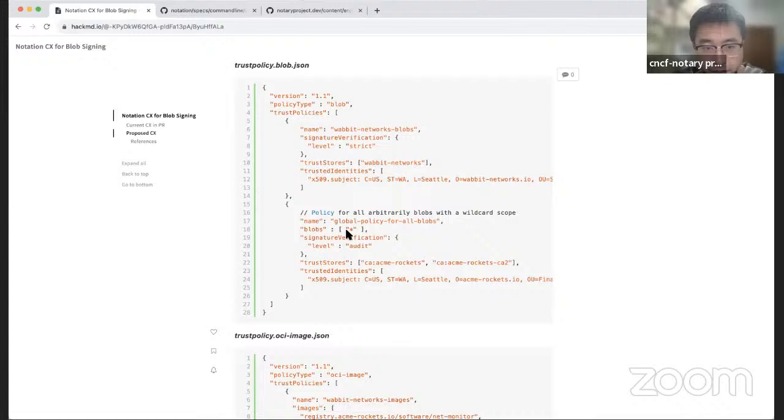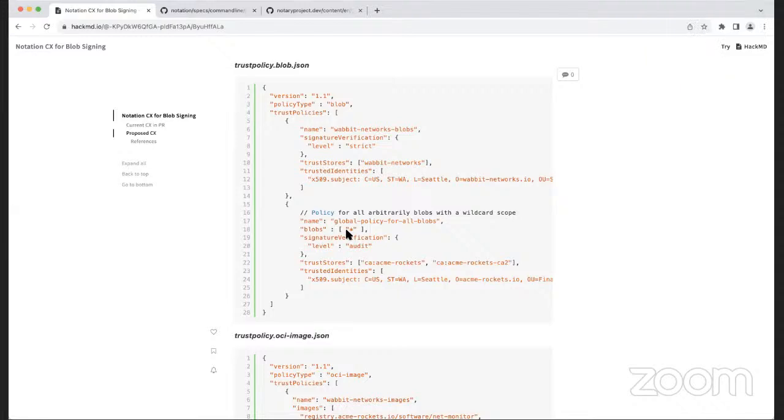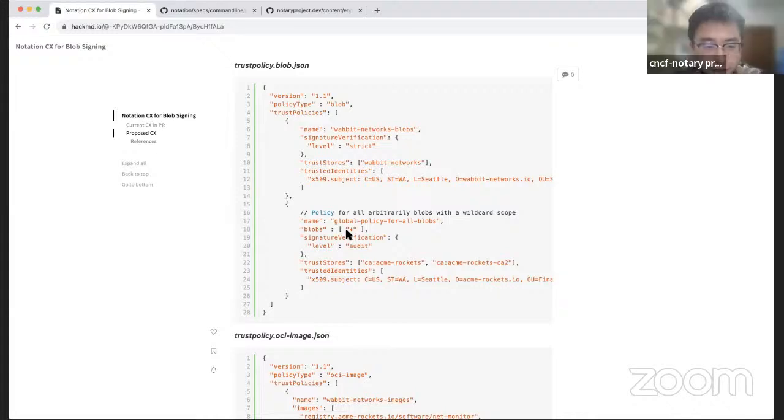Although we can use the name for that, maybe there's a better way for global policy. Yeah, I'm open to feedback there. I'm also asking this question, whether we have a better way for global policy.